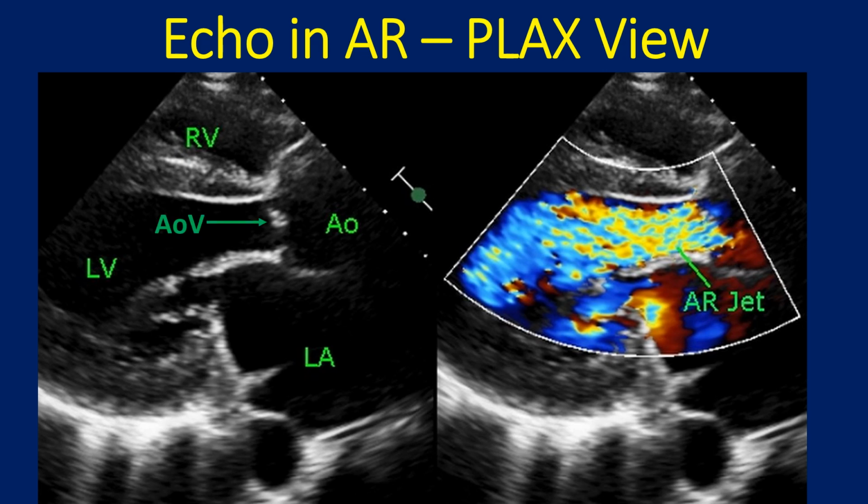The large aortic regurgitation jet can be seen as a mosaic jet in the left ventricular outflow tract anterior to the anterior mitral leaflet. A portion of the thickened aortic valve can be seen between the aorta and the left ventricle. The AR jet is almost filling the left ventricular outflow tract and extends well into the left ventricle beyond the anterior mitral leaflet, indicating a free aortic regurgitation. Dilated left ventricle, aorta and left atrium also suggest that the AR is severe.